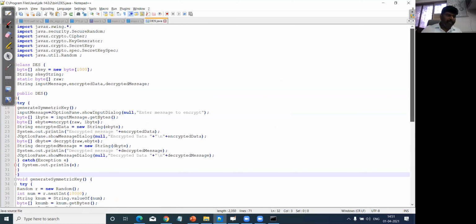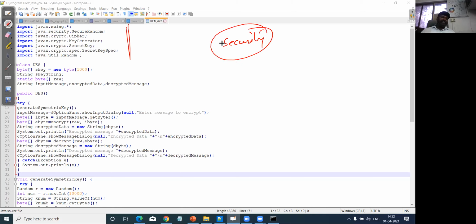So let me explain the coding part. These are the libraries, because here we are going to use security and cryptography related functions. Here I'm importing all the Java security related files, and java.security.SecureRandom. This is also a package which helps to use random functions below. And followed by javax.crypto.Cipher, which we use for cryptography, I mean any type of cryptography technique.